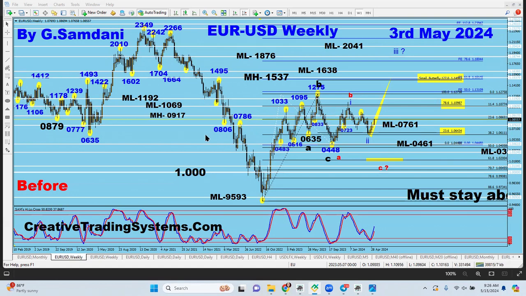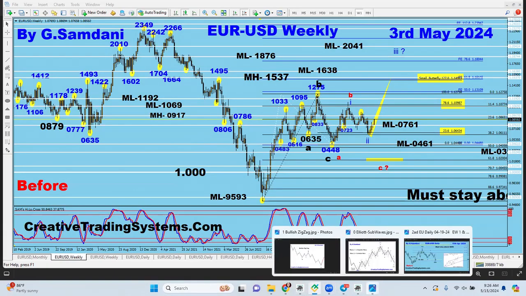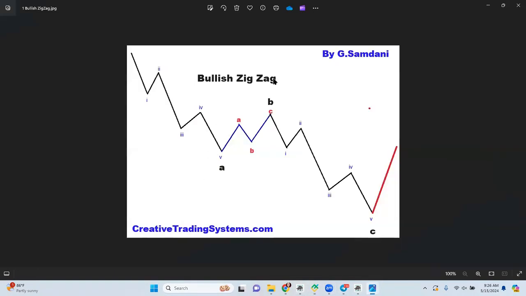Now, zigzag is a steep correction, and 90% of the time you will find it in wave two. Wave one, wave two, zigzag makes most of the time harmonic patterns, like Bat, Gartley, all of that as well. So let's take a look at that. This is a bullish zigzag, meaning after the zigzag correction is finished, the price goes up,